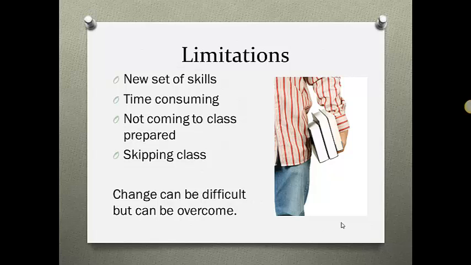Anytime you undertake a change, and this is a significant change from traditional teaching, it can be difficult for some to adjust. Honeycutt suggests that some of the ways to offset student resistance is to introduce the idea of flipped classrooms on the first day of class, to begin very simply, and to build the extent that you use flipping, to assess the students often to ensure that they're on track with the learning.